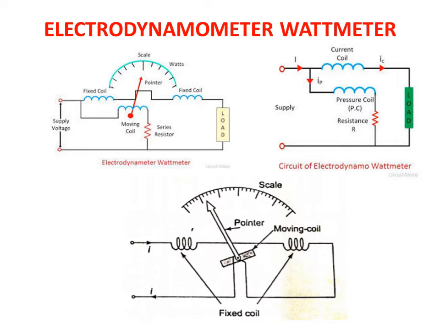The fixed coil is divided into two sections. If the instrument is used as an ammeter or voltmeter, the fixed coil is wound with thick wire and thin wire respectively. They are clamped in place against the coil support, which is made of ceramic. This is called the fixed coil. Now if you see the moving coil, it is a light and rigid air-cored coil wound as a self-sustaining coil on a non-metallic former. So these are the constructions of the fixed and the moving coil.